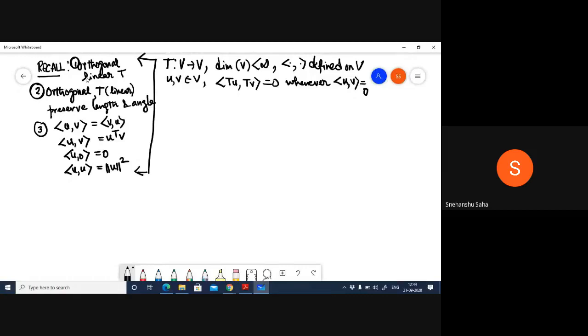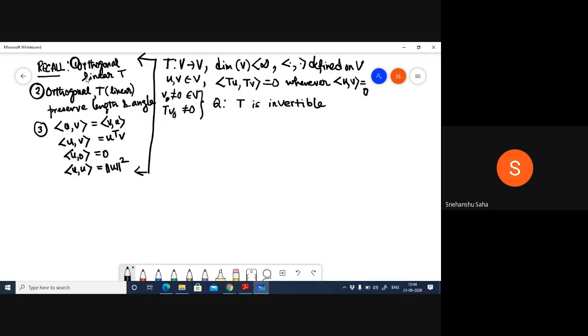And there is also this standard property that if you have a non-zero vector in V, and you apply the linear transformation on that, it will take you to a non-zero vector. So these are given to us. The question is, show that T is invertible.